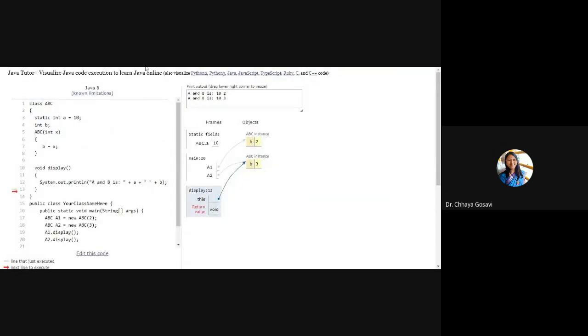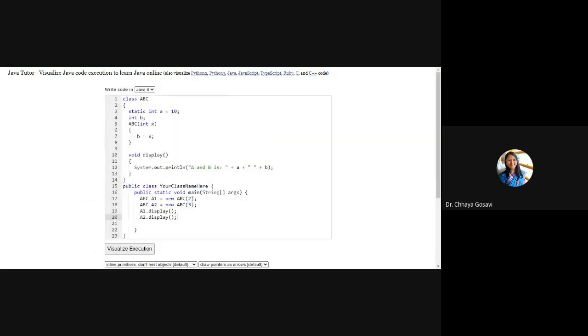I hope this is visible, Python Tutor. So instead of static, I'm using normal variables, int a and int b.